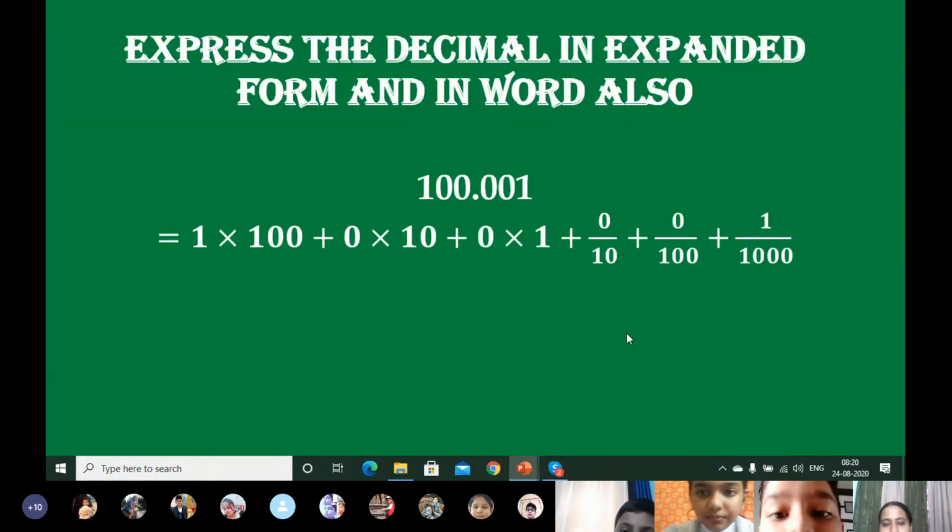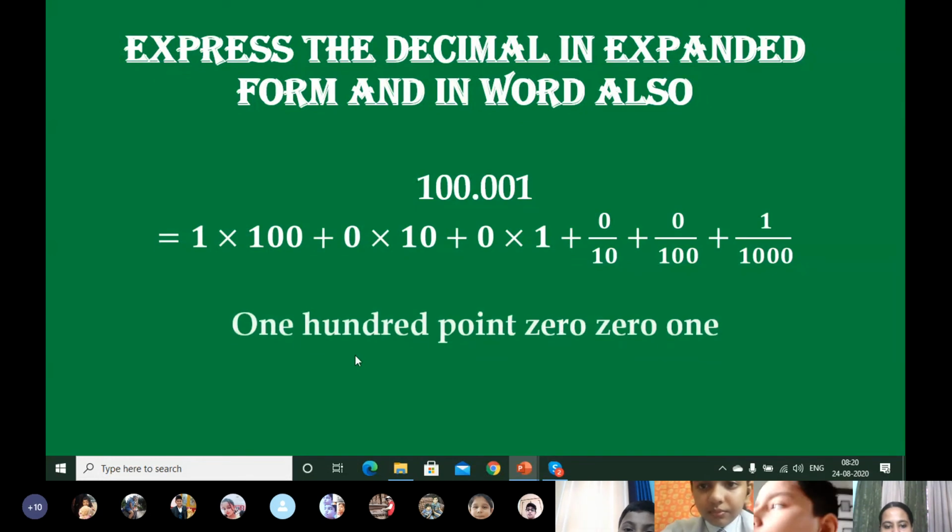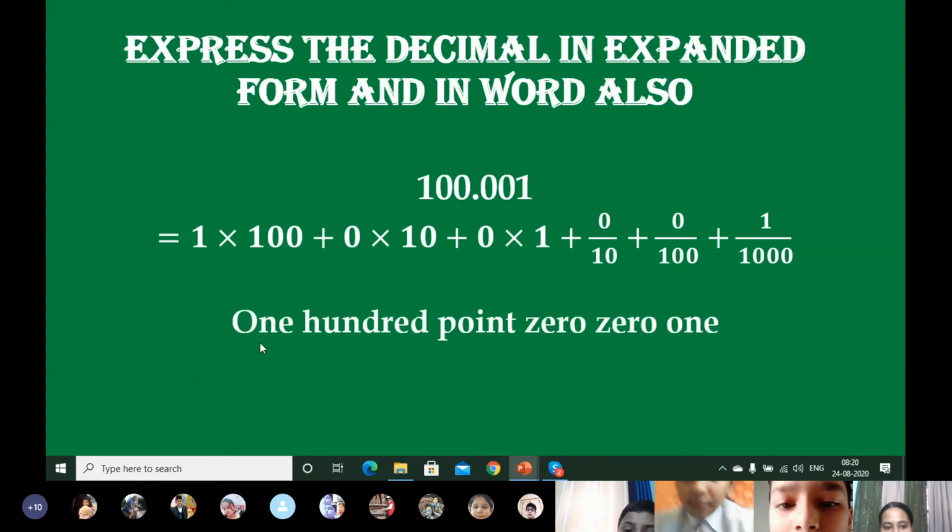So, now my dear students, there are two methods of writing the number names. The first method is what I have already taught you. You will write the number name in the same manner as you write for whole numbers. Before the decimal part, you will use the same method of writing whole numbers as in case of all other types of numbers. But for the decimal part, there are two methods of writing.